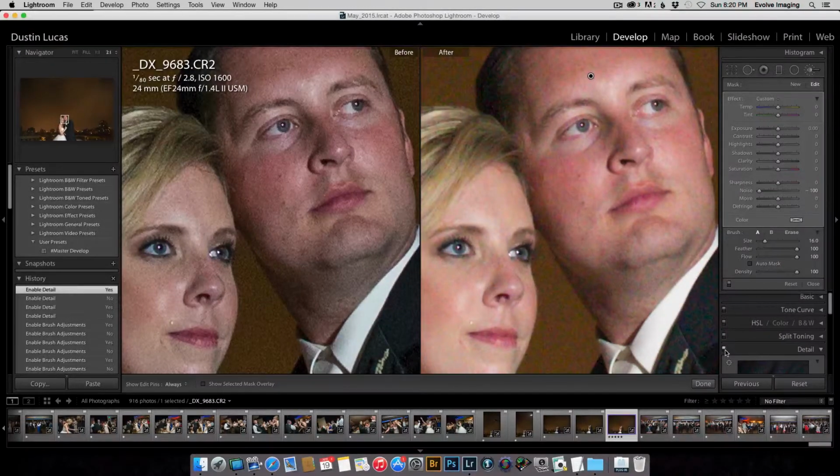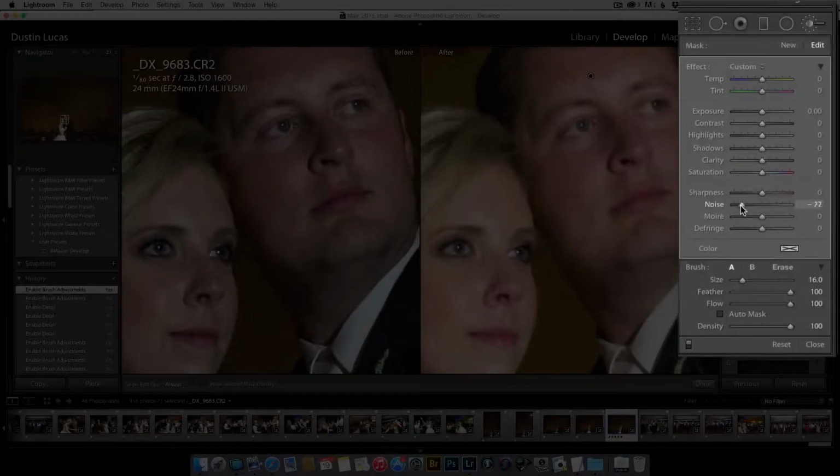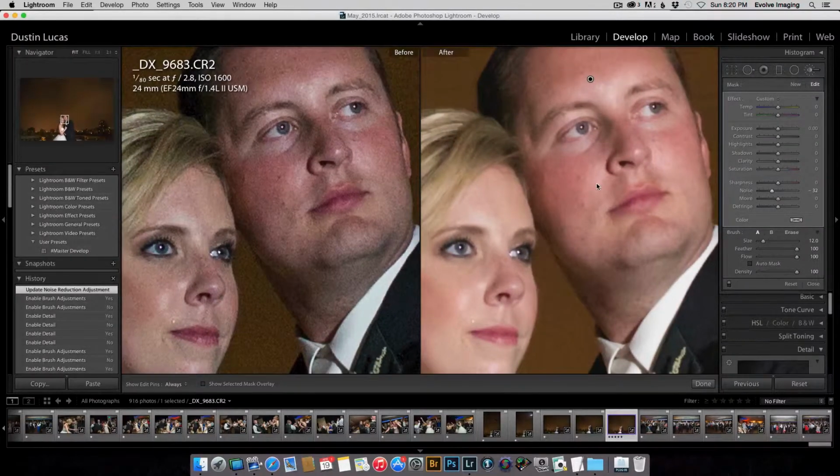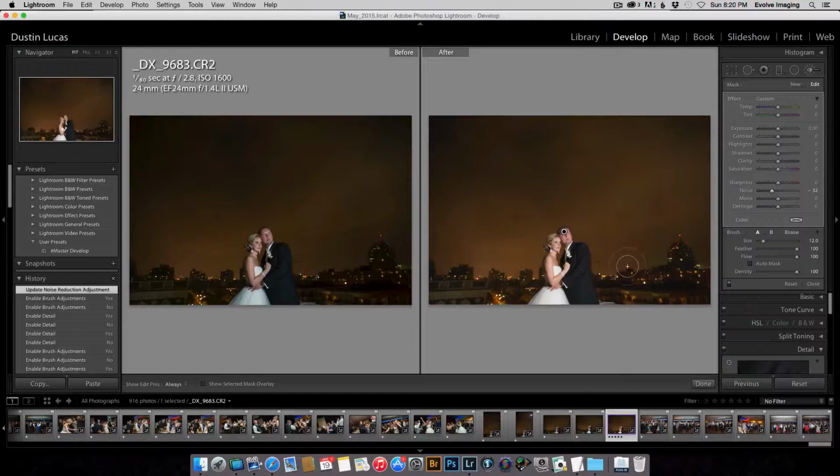You see, it gets rid of the color noise in this image, but it also brings back some of that sharpness. So you can play around with this tool and with painting in specific areas that, say, need less noise reduction, and you can choose particular areas that you want to add some noise back into, as a natural element. So I'm going to go ahead and close that section,